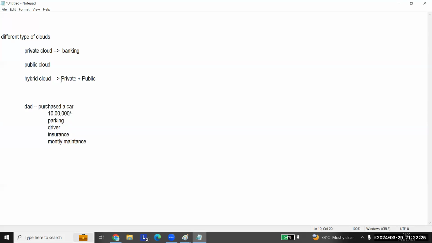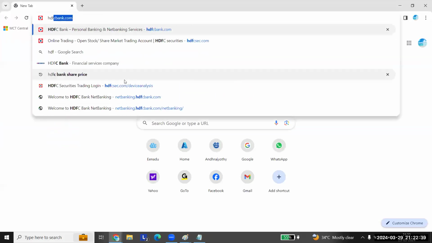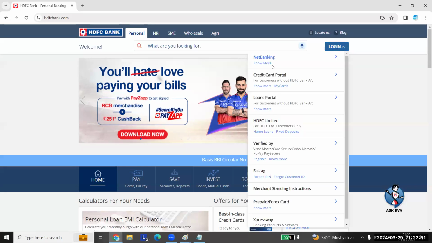Now going to hybrid. This combination of public and private is hybrid. Then what comes here? So I'll open HDFC Bank here. I'm able to log in, right? On the HDFCbank.com site, I can directly click on login, net banking.